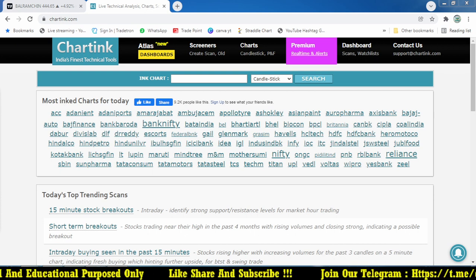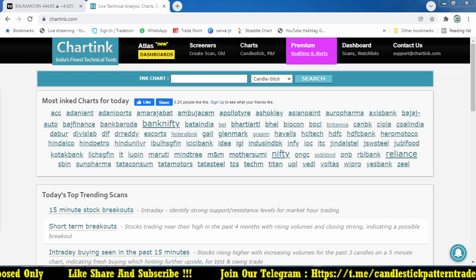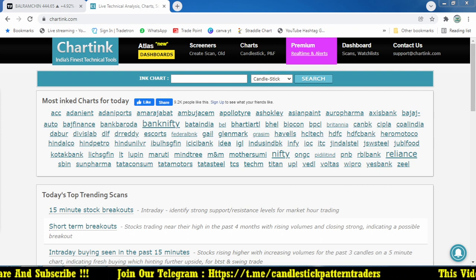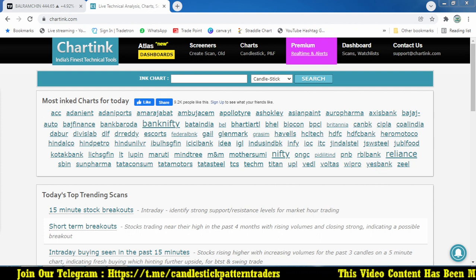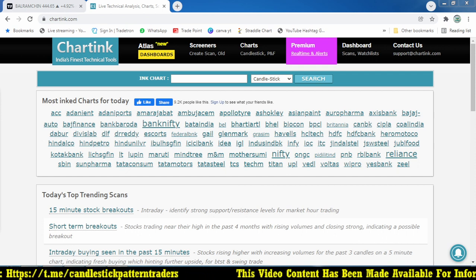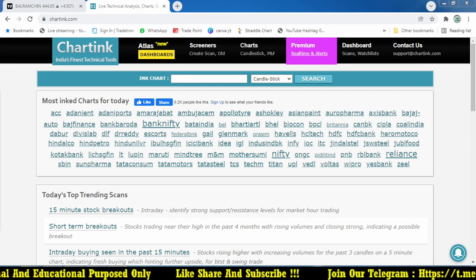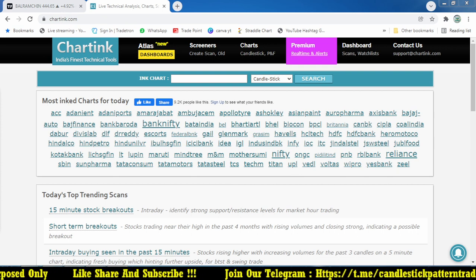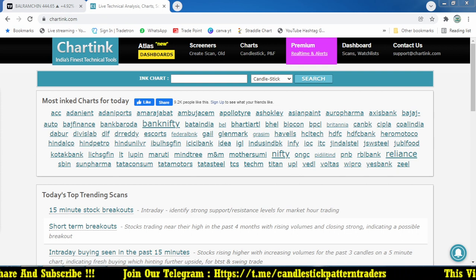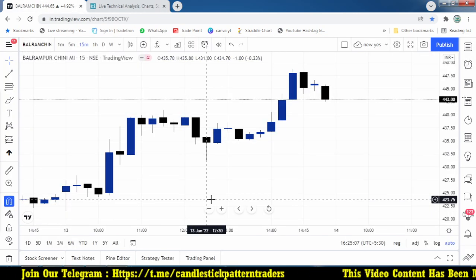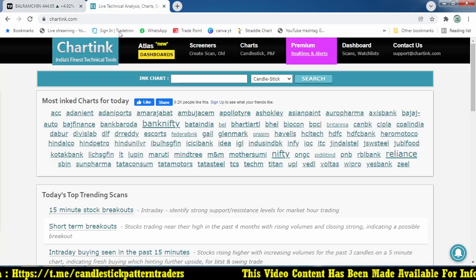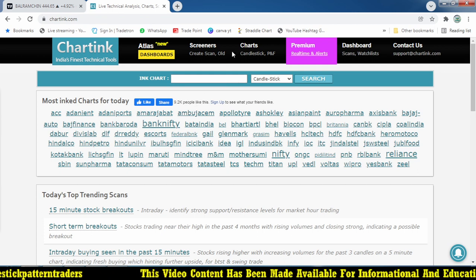So simple, and we have made a lot of content on the Bollinger Band breakout, right? The same kind of thing I'm going to use here. What's new is that we are going to use the average true range. Based on that, I'm going to focus on the Bollinger Band narrow range. In the normal Bollinger Band breakout I used only the narrow range, but here I'm comparing it with the average true range. Okay, so let me start creating the scanner.